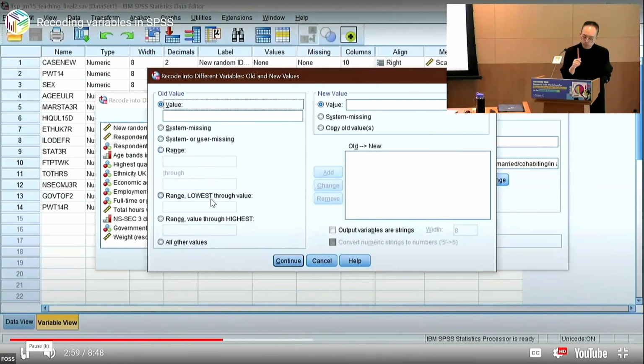Entering a range with the lowest through value recodes all values that are less than or equal to the specified number, and a range with a value through highest recodes all values greater than or equal to the specified number. Or you can use the All Other Values button, which applies to any value that you haven't already specified. Please note though, if you're going to use this setting, it should be applied last. Now we need to look to the New Value section on the right-hand side. This is where you specify the new value for the category. This can be a specific value, system missing, or a copy of the old values. Once you've entered both this new value and the corresponding old value, you'll need